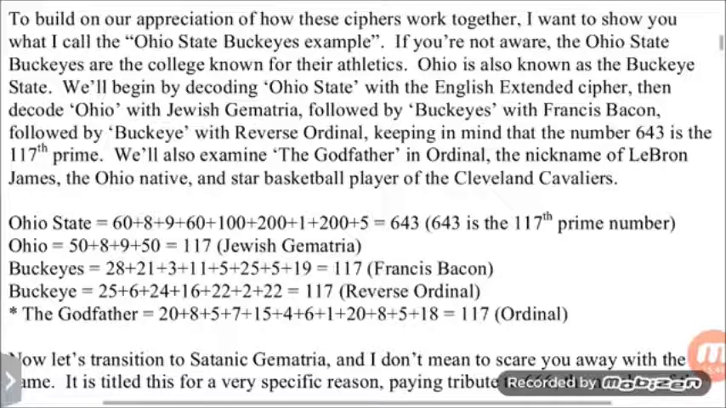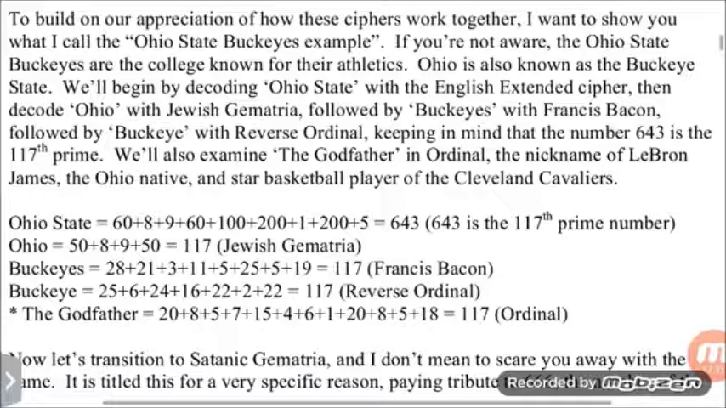We'll begin by decoding Ohio State with the English extended cipher, then decode Ohio with Jewish gematria, followed by Buckeyes with Francis Bacon, followed by Buckeye with reverse ordinal. Keep in mind that the number 643 is the 117th prime. We'll also examine the Godfather in ordinal, the nickname of LeBron James, the Ohio native and star basketball player of